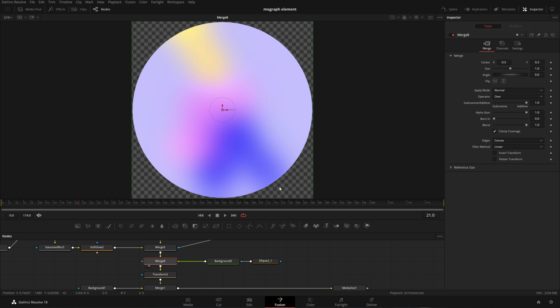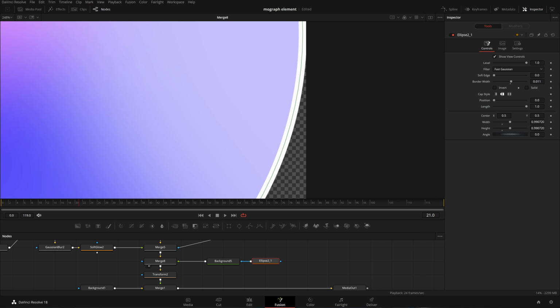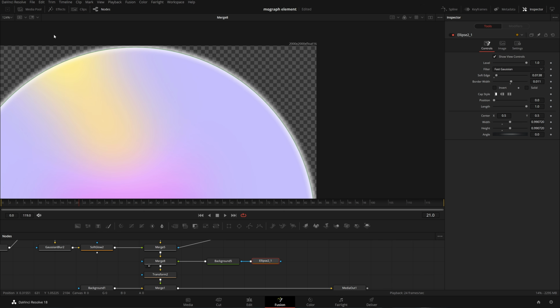Yeah, now it's fine. Now if I see this, increase the border width of this, what do we call it, rectangle, and then increase the soft edge of it. And do one thing, click, where was that? Okay, so it will not work like this. So increase the soft edge. Okay, you can increase the soft edge as much as you want, which will create this really nice kind of